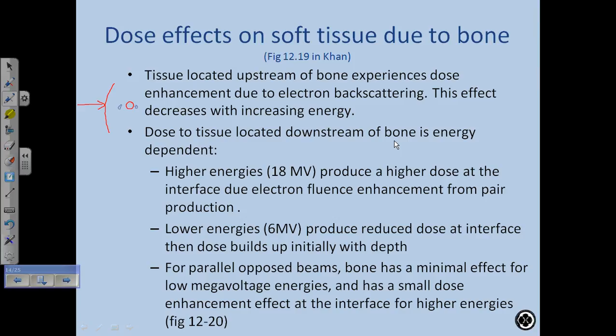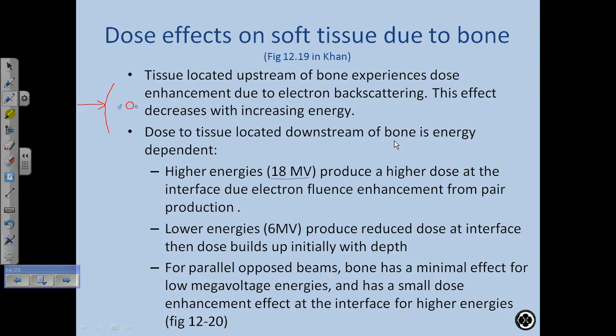pair production. Okay, so at 18 MV, now remember how pair production depends on energy, and at the higher energies, obviously it depends on energy because we know the threshold for pair production is 1.02 MeV. Right. So we need higher energies to even start at that threshold energy. And once we have photon beams of that high energy, we also know that pair production depends on Z, right? Z squared, actually. So if we have a high Z material, then we've got more pair production occurring, and so therefore there's a higher dose at the interface due to the pair production